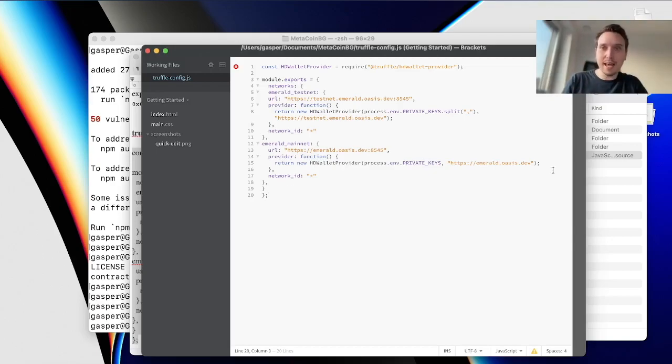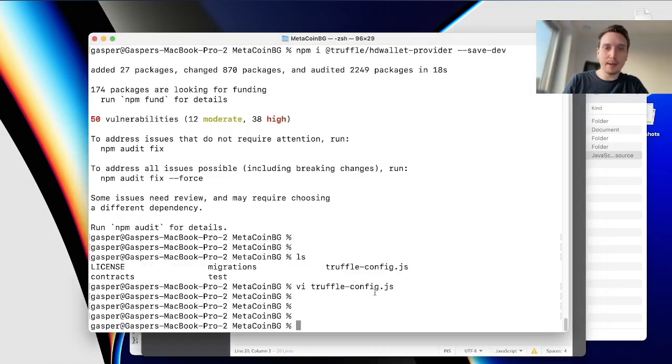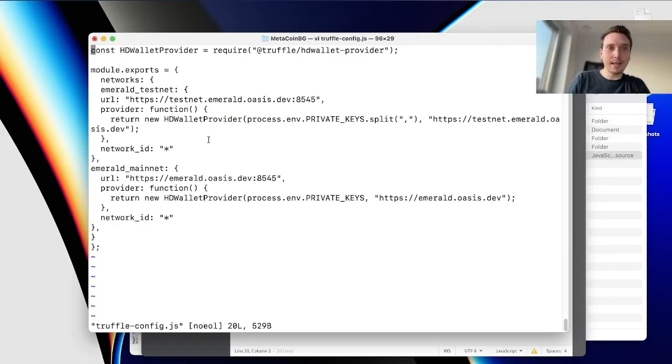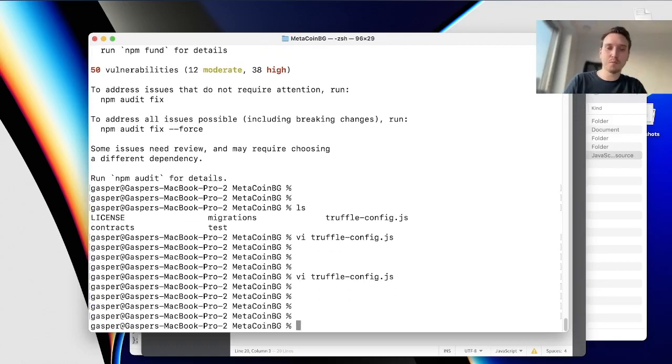So I saved that, and if I go back to my command line, to my terminal, I can reopen that with vi, and you will see, boom, voila, this file was changed, right? So I just want to make sure that I have the right parameters, right? Now, once I have this package and library included in the config file, and once I entered and modified my network parameters, right,